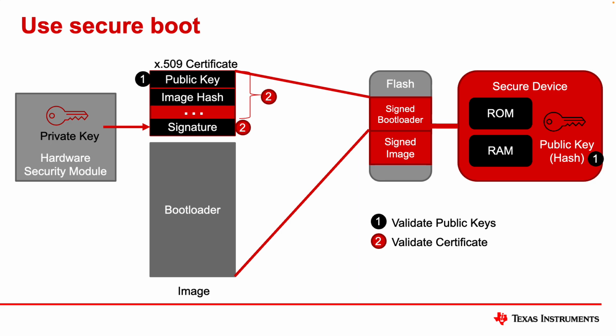And then lastly, of course, we can use the image hash that we know has not been altered because the certificate was valid. That means that our bootloader image that's been stored in the device, once we hash it, we can compare to the hash that was put in the certificate. We know that this is the code that was signed, and we know that this is code that's been authorized to boot on this device, and we can go ahead and continue the boot process.